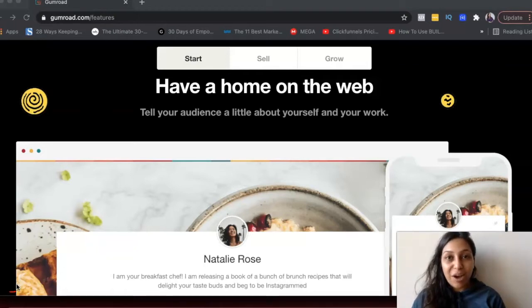the platform called Gumroad. So if you're someone who's interested in selling digital products online, then definitely check out this